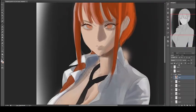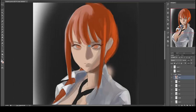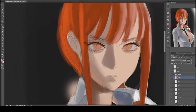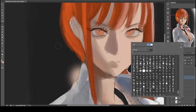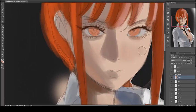So this is what we have on one single layer. Let me go ahead and do another step here. So I suppose I will flip. Let me zoom in here after I flip that. Shall we continue? I'm going to go ahead and start to put in a bit more detail. Let's zoom in here. Let's add a bit of